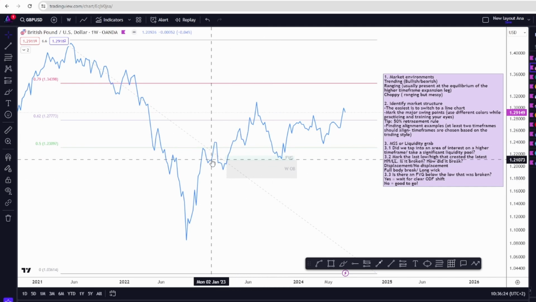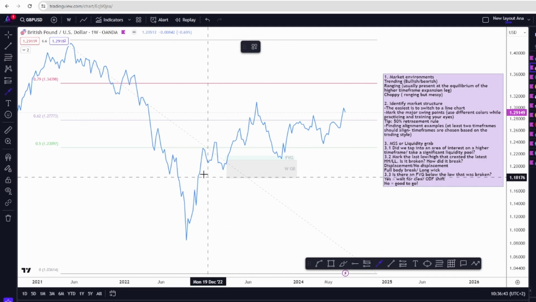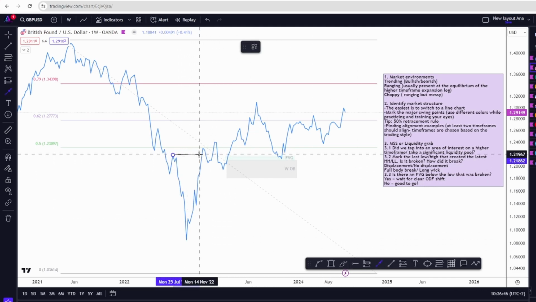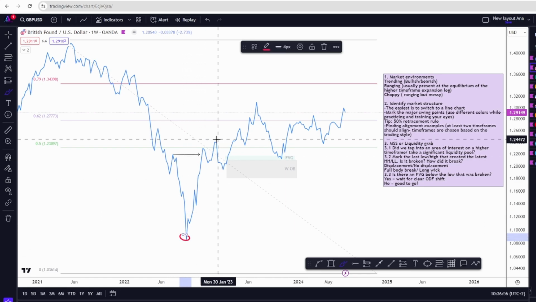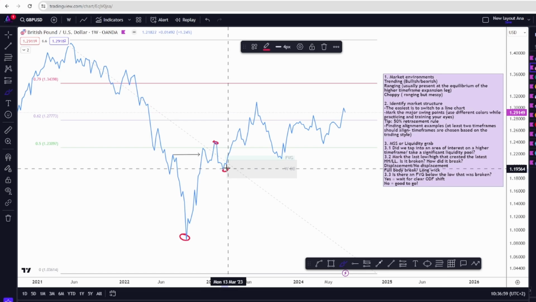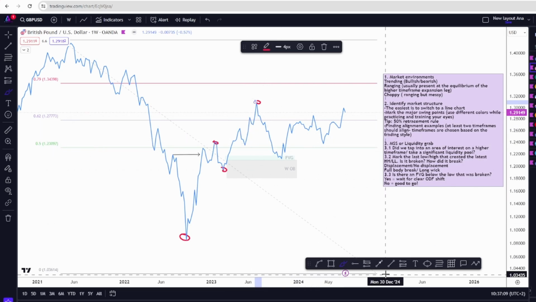So once we switch to the line chart, we can start identifying the major swing points. And you can use different colors while you're practicing and training your eyes for those different major swing points on different time frames. So for this particular example, we had the market structure shift here, and the only major swing highs and swing lows that I will mark on this chart would be this one here, this one here, this one here, and this one here. And you might ask, why aren't you marking up these ones as well? Well, the reason for that is because